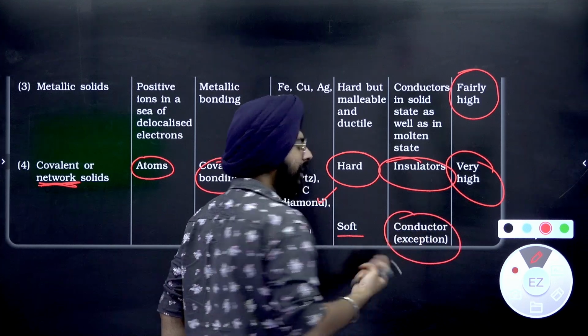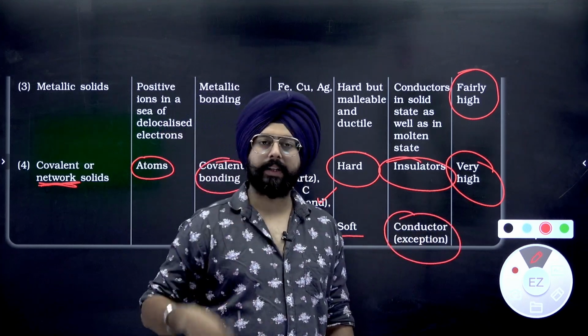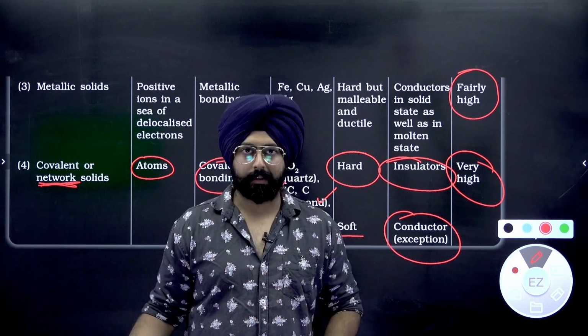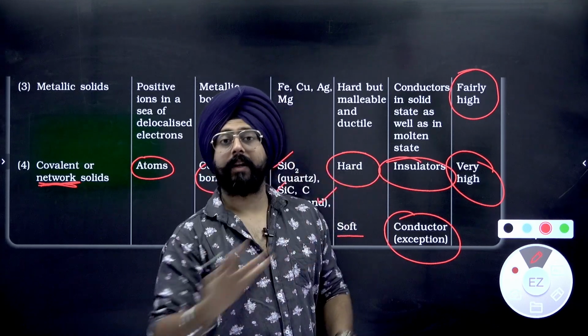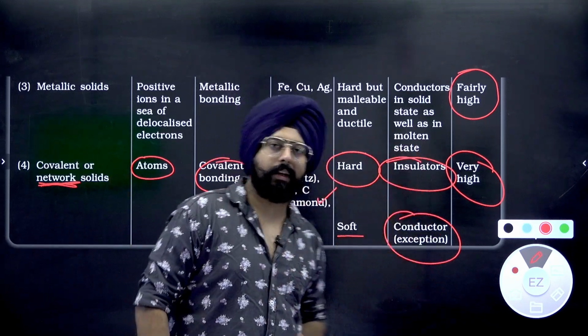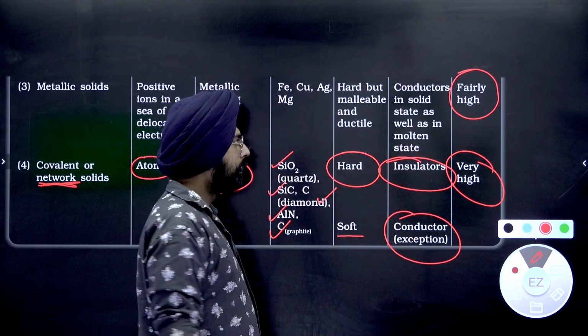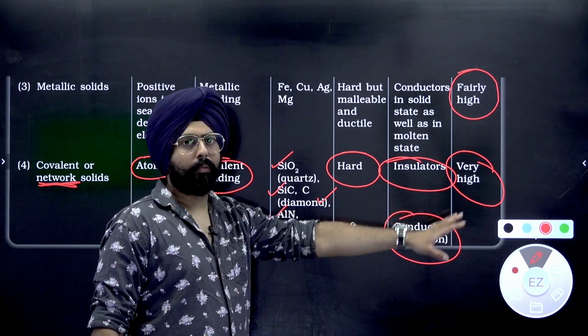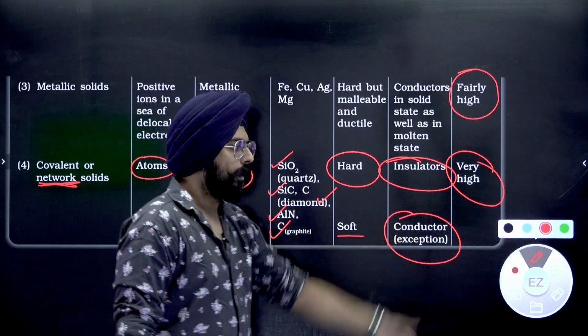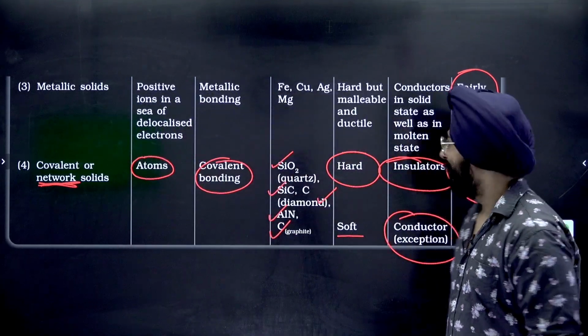It's a conductor, an exception, because there are lots of delocalized electrons. Imagine graphite as lots of benzene rings joined to each other. So there are lots of delocalized resonating electrons that can flow around. More about those details in organic chemistry, by the way. Even graphite melts at a high melting point. So the exception is only in the case of being soft and being an electrical conductor.